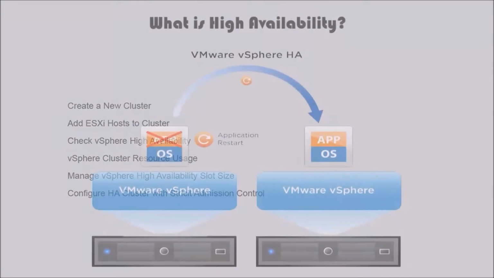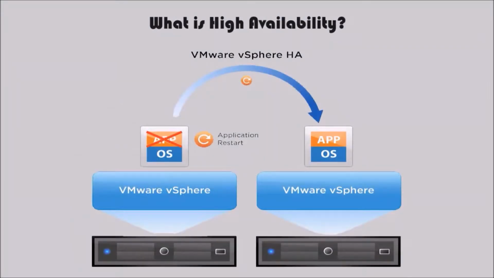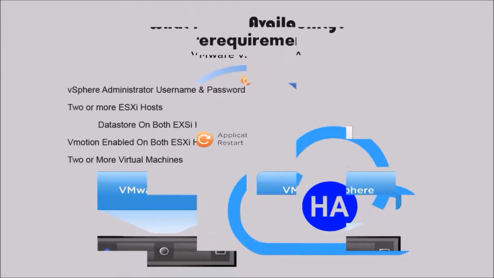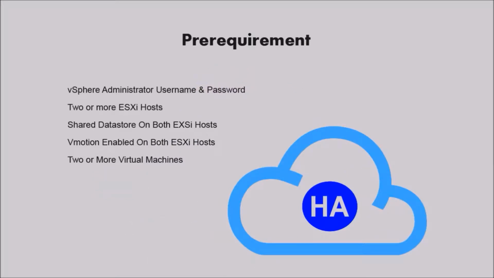What is high availability? Whenever one ESXi host goes down and the virtual machine on that ESXi host is transferred to another ESXi host, that is high availability. It restarts the virtual machine. For this we require the vSphere administrator username and password,